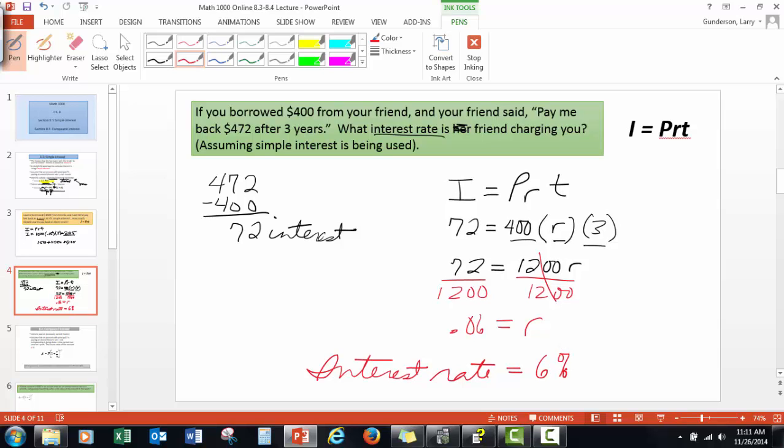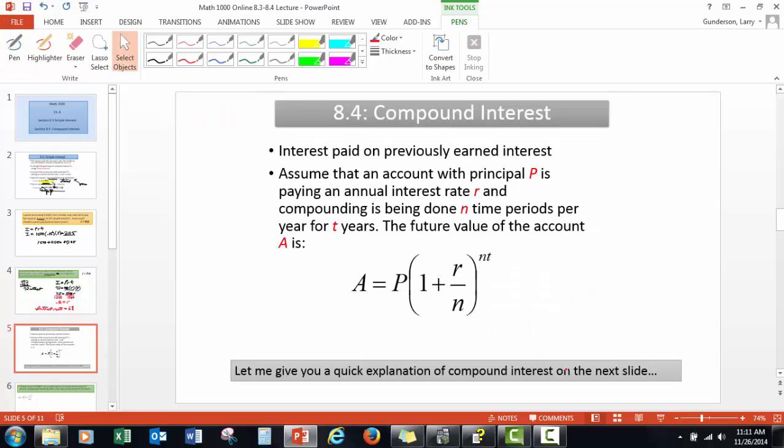I believe you might have a couple problems like that on your My Math Lab assignments. Okay, compound interest is used by lending institutions and banks, and because of the time limitations on YouTube videos, I was going to give you a little explanation on compound interest,